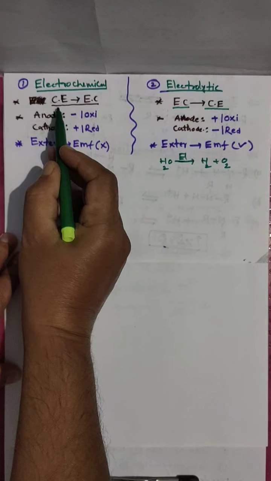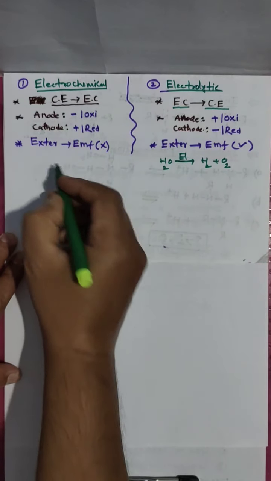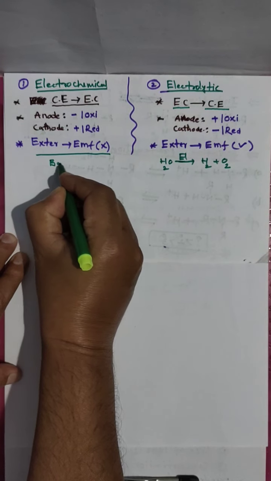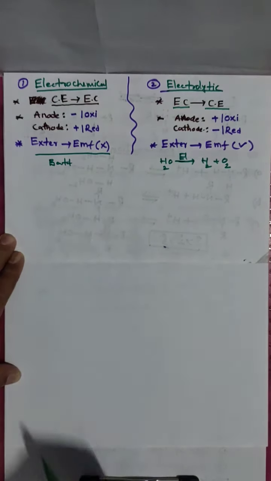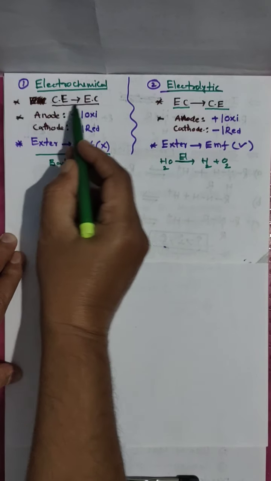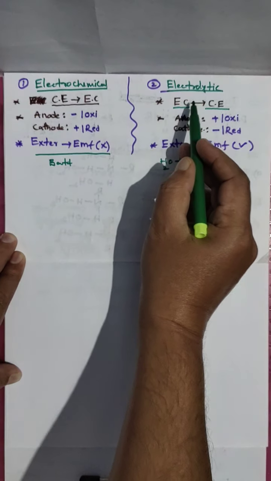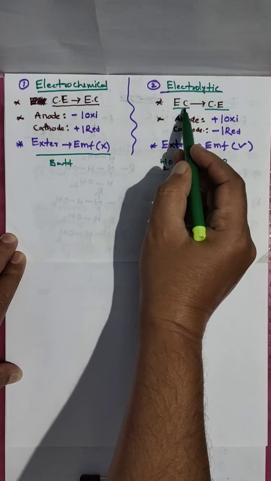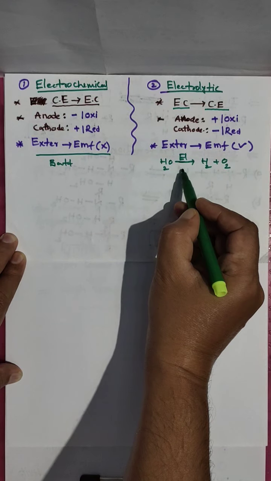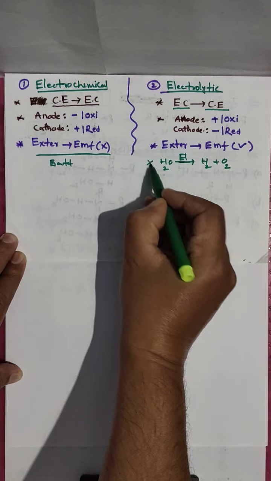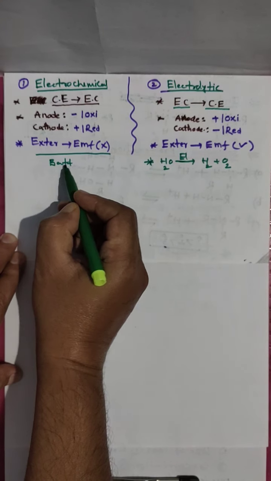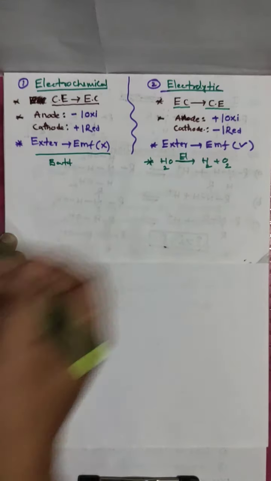And here chemical energy is converted into electrical energy. In daily life we use dry cells, that is batteries. So that is the difference. Electrochemical cell, chemical energy converting into electrical energy. Electrolytic cell, electrical energy converting into chemical energy, that is electrolysis of water, where we pass current. And batteries in our daily life convert chemical energy into electrical energy.